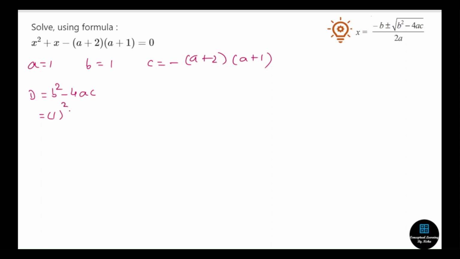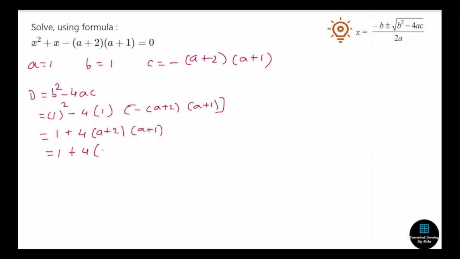Minus 1 square minus 4 into 1. Now consider the negative sign for c. So we'll get a plus 2, a plus 1, and now I'll simplify this. So we'll get 1, now minus minus becomes a plus, 4 times a plus 2, a plus 1. Now let's simplify this. So 1 plus 4 into, now first of all I'll multiply this two brackets. So I'll get a square plus 3a plus 2. And on simplifying this, I'll get 4a square plus